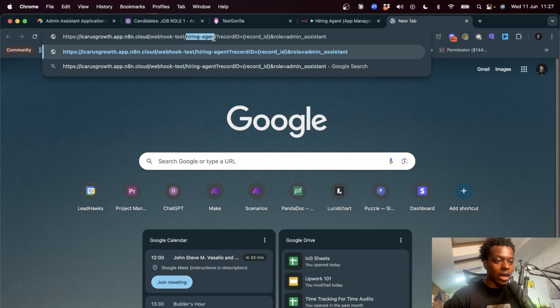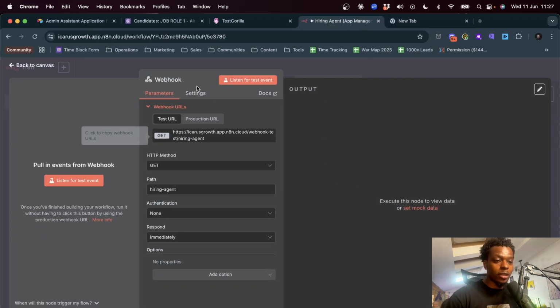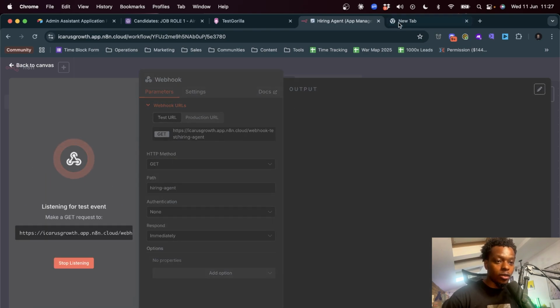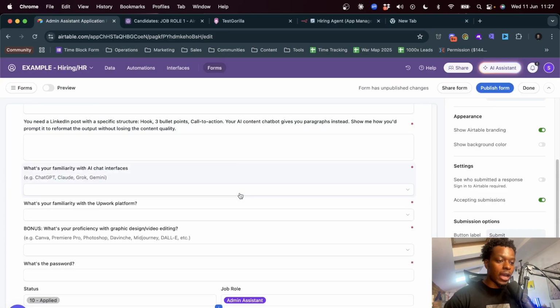icarusgrowth.app.n8n.cloud/webhook-test/hiring-agent, record ID equals this and role equals this. So for an admin assistant, that was this application, we're going to send this information to this webhook. That is all that means. So if I listen for a test event, what I'll do now is basically go in and fill in this